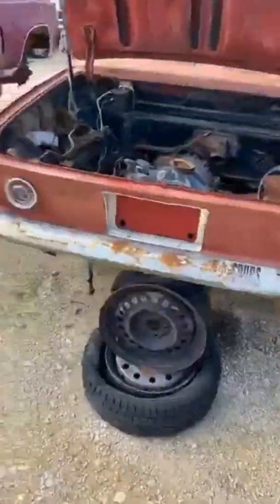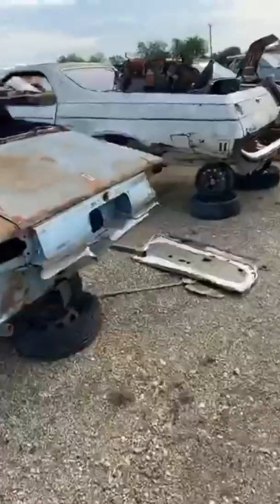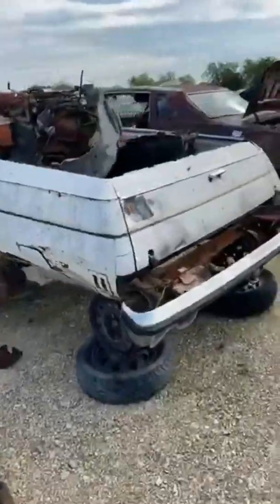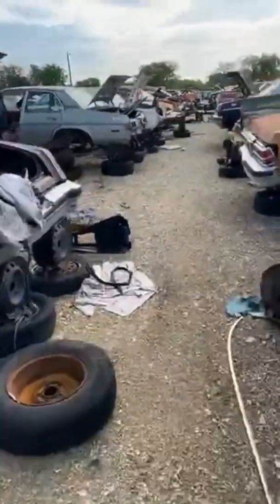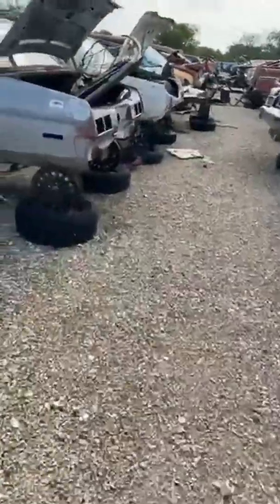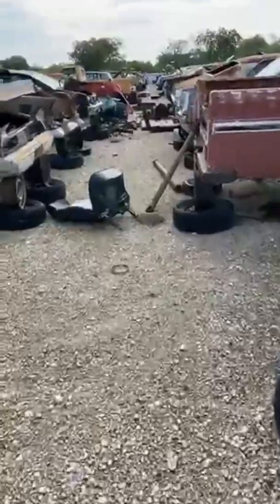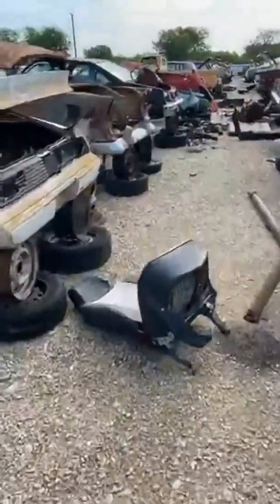Old Corvair. Oh, it's going to be a pain in the butt. I got a feeling about it, it being an electric seat. I mean, it's nice to have an electric seat, don't get me wrong, but not having any power out here, I can't move the seat to get to the bolts that I need. So it just makes it tougher. And I honestly think that's the only...